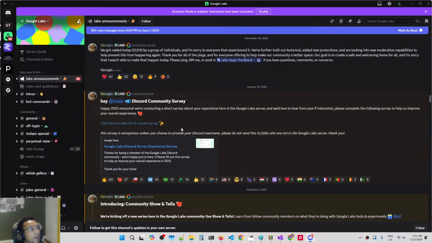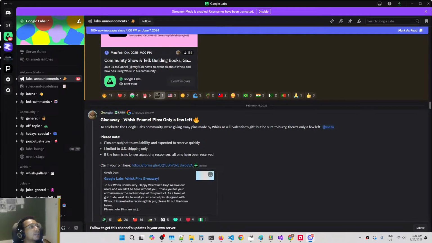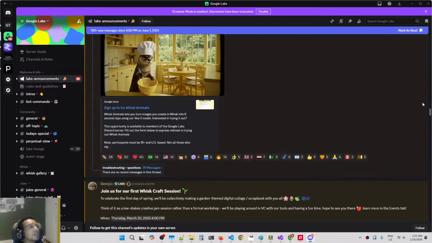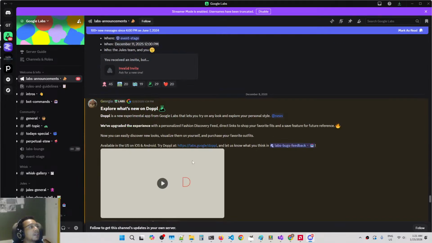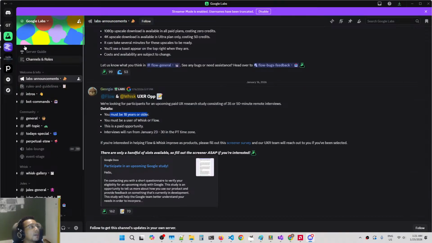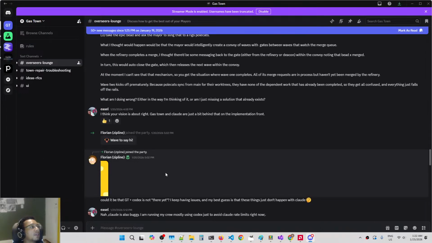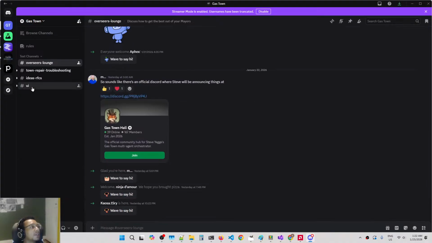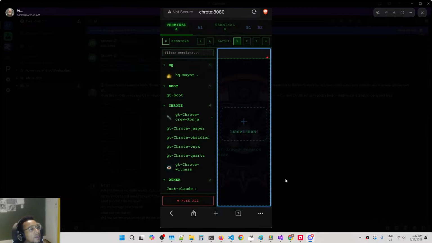While our agents are running, we're checking the news on Discord to see what's going on. Let's go more recent. Let's see what's going on here. So they're looking for participants in a UX research. And okay, let's check Gastown. What's going on in Gastown World? Gastown World is also doing something called,